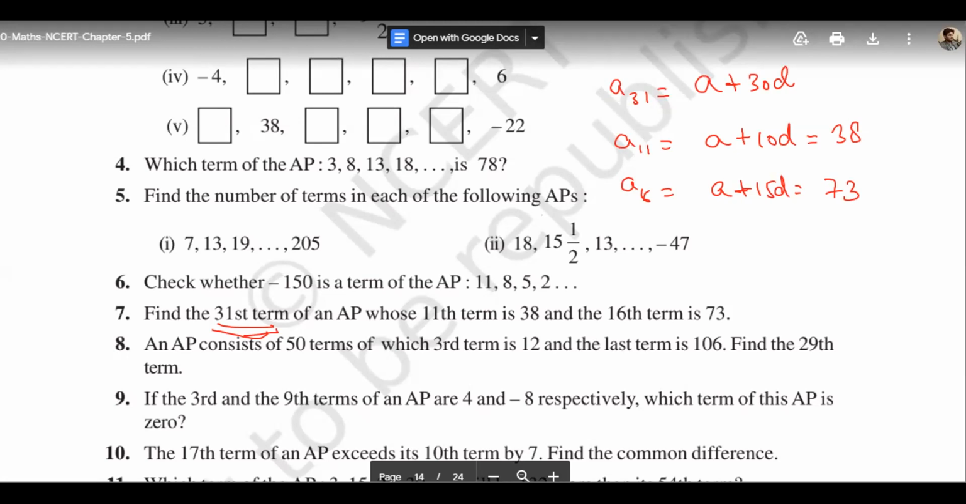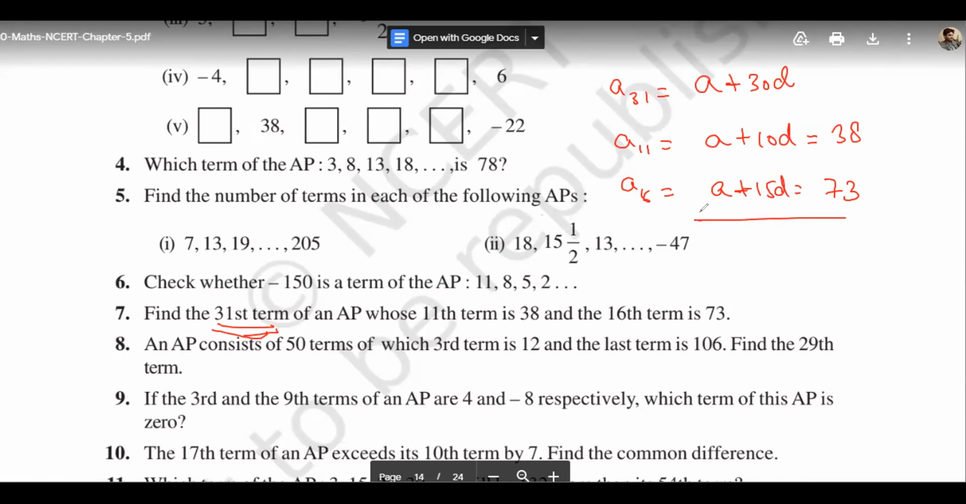Sir, 178. 178. One minute. 178 is the 31st term of this AP. Okay,